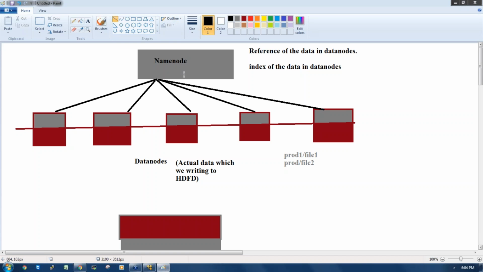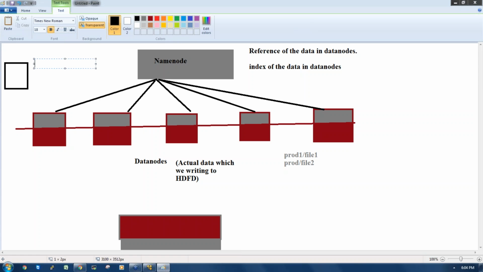Here I have one master node and five data nodes as slave nodes. Now I have copied a file, prod_info.txt, to the Hadoop cluster. Either I collected this file through Sqoop or from a server, whatever it may be, we get the data into the Hadoop cluster. Now the client or user is trying to run a job. I just want to count the number of rows.